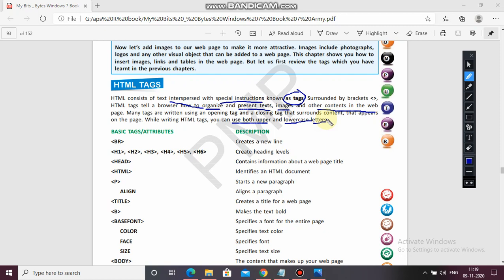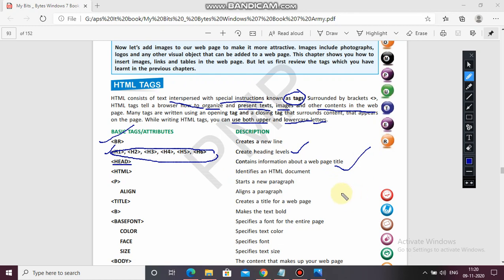Now basic tags, attributes with description. So let's see, first one is BR, creates a new line. Second, H1, H2, H3, H4, H6, these are the different levels of heading which create a heading level. Next one is head, contains information about the web page title.